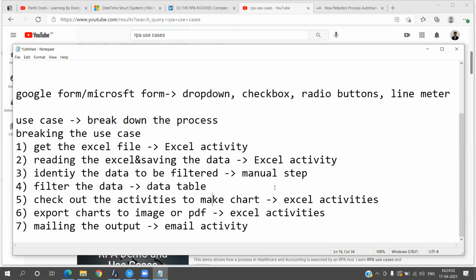So I hope the question that everyone has, a very big question, that how should I find the use case to practice, how should I understand the use case. Now in this session till now, we learned one very important thing, that how to break a complex process,